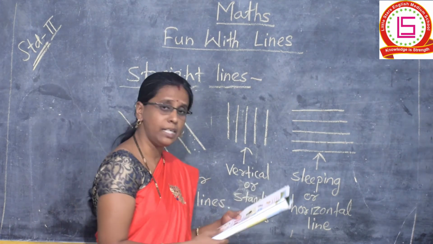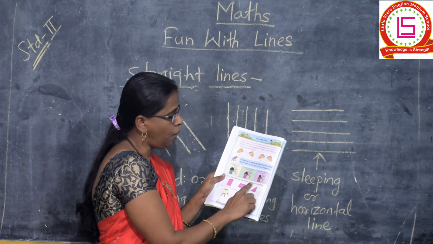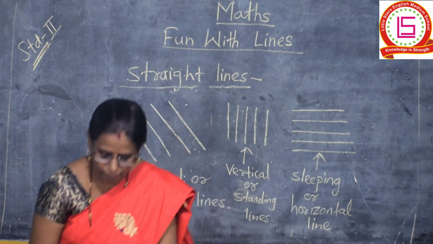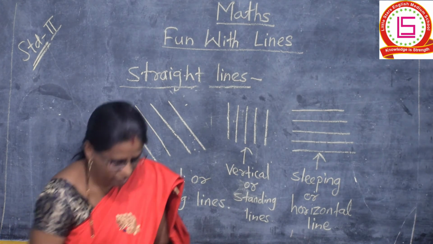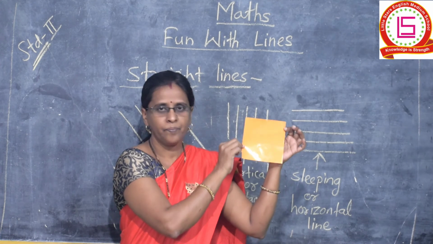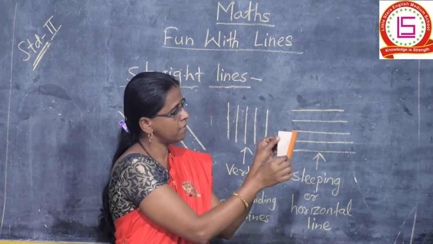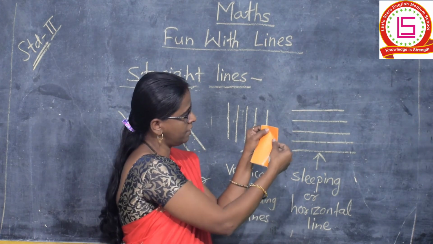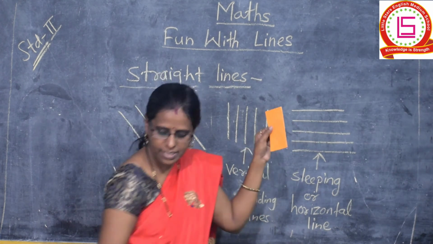See here in the textbook: fold a paper and show vertical, horizontal and inclined lines. See here, we take one paper here. I take one paper here. Then we fold this paper like this. If we fold this paper like this, then see here,